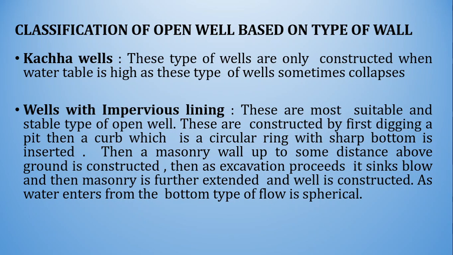So I will explain this impervious lining, how it is constructed. A circular curb having sharp edges. Initially, on the location where the well is to be dug, for a smaller depth equal to the depth of the curb, the excavation is done, and further a masonry wall up to a height of say 1.5 up to 2 meter is constructed on the curb. The thickness of the curb is equal to the thickness of the masonry wall for